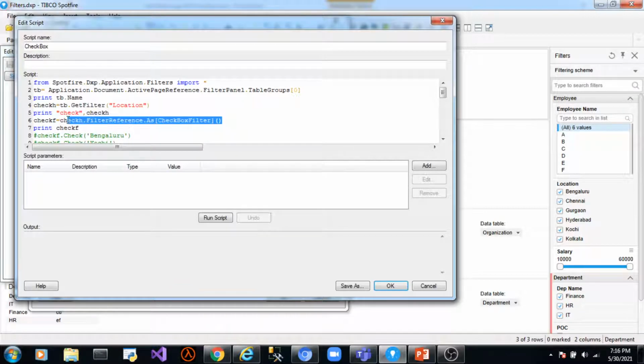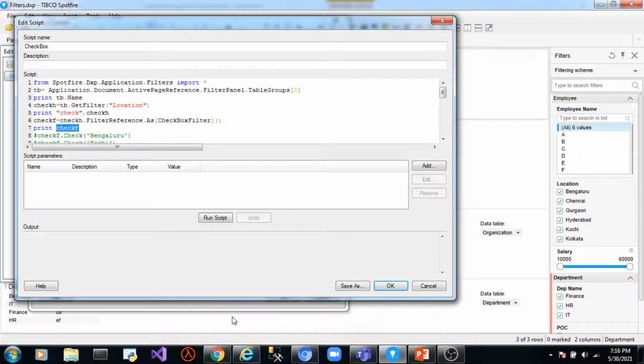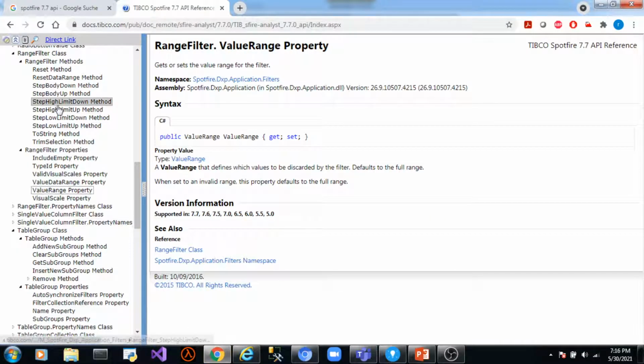Now we store this checkbox filter object into this variable checkf. Now with this variable checkf, we can use all the methods and properties which are defined in the checkbox filter class. Let's see what methods and properties are available.